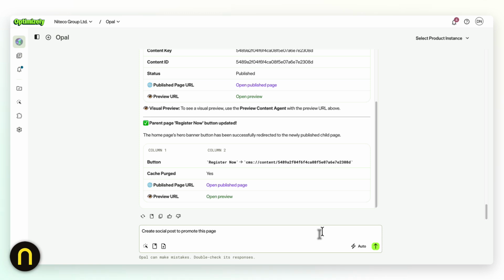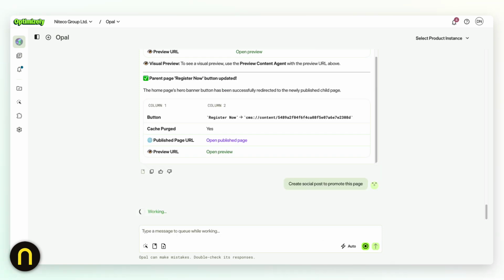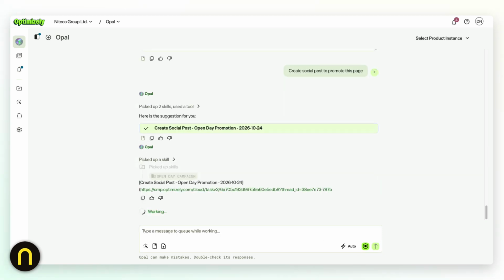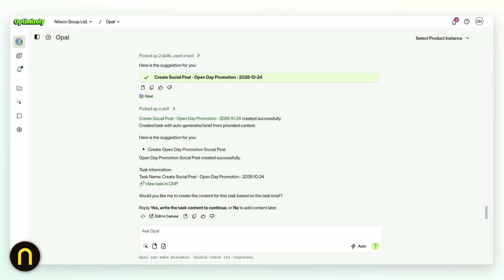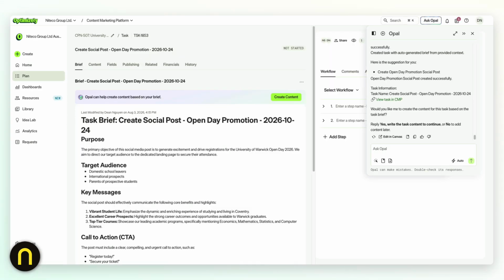Opal then suggests what to do next. Next, I want to create a social post to promote the page. Opal creates a new social post task in CMP, and I can review the task before asking it to generate